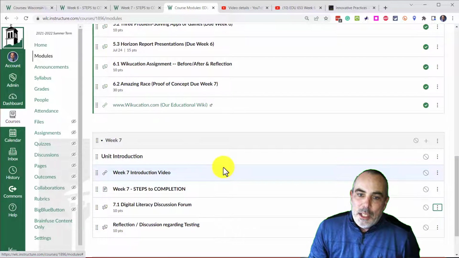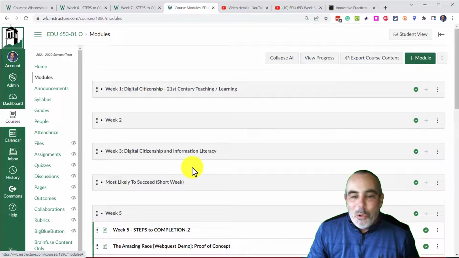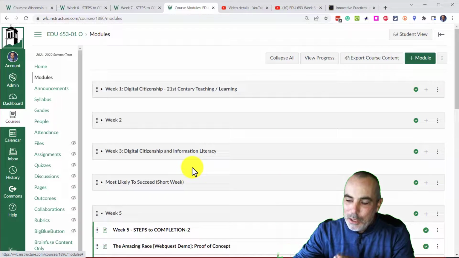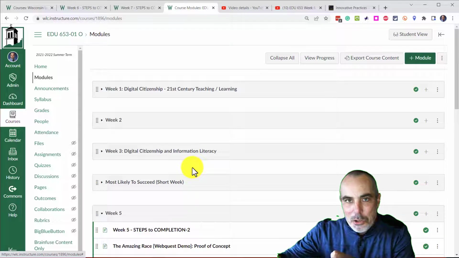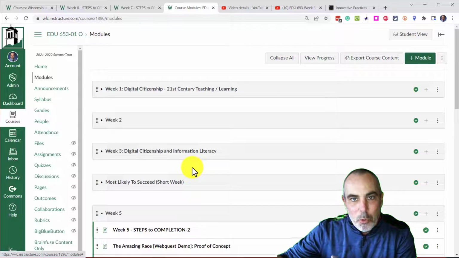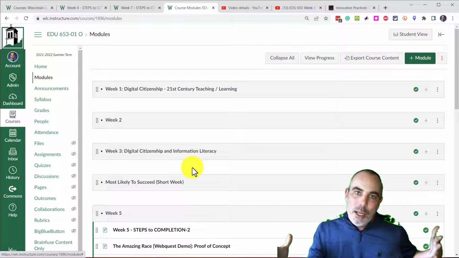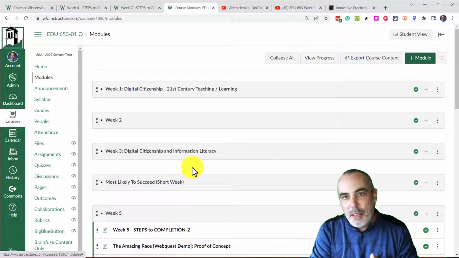Hopefully that helps you get a really quick overview of the power of modules and a quick view into how pages can work in conjunction with modules, your assignments, and everything in order to make a student experience that I think will be